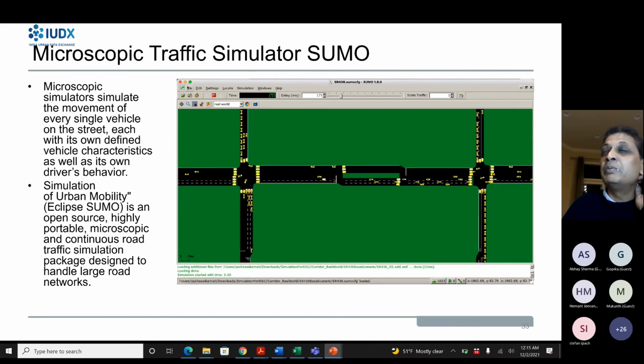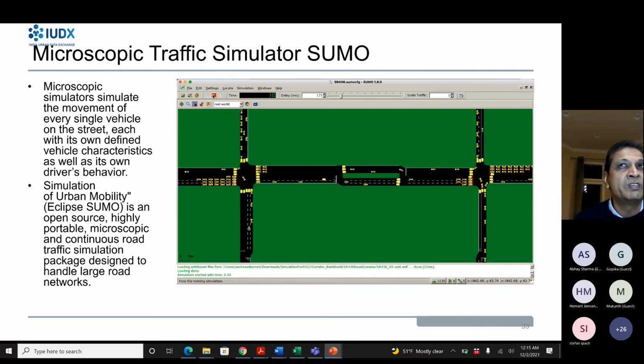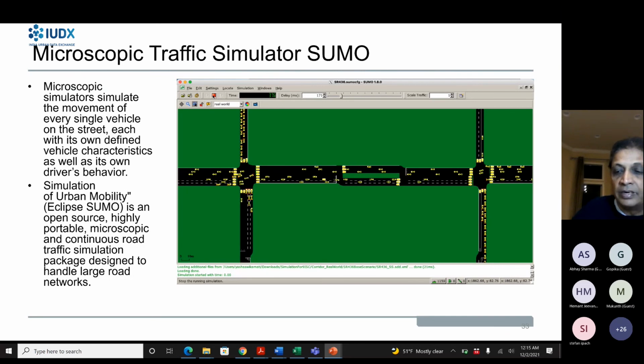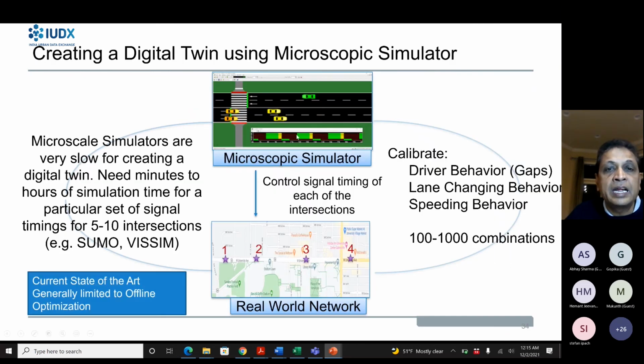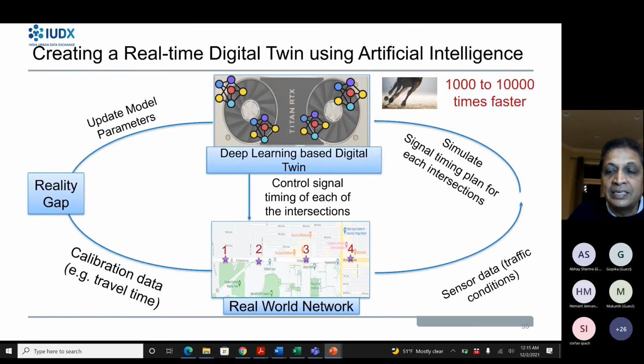Our goal is to be able to say, look, I want to have a simulator which can take real traffic into account. So if I make any changes, I can observe the changes on the simulator, and they should be reflective of what happens in the real world. The challenge is, as I said, you can use a microscopic simulator like what I described. The problem basically is that you need to calibrate all these different parameters along with the signal timing parameters, and suddenly the number of combinations can be of the order of thousands to a million. And if each of them takes minutes to an hour of simulation time,